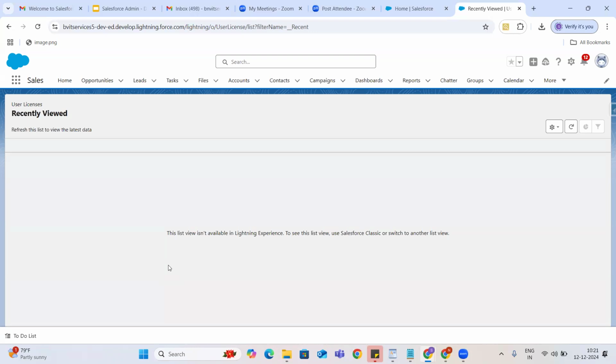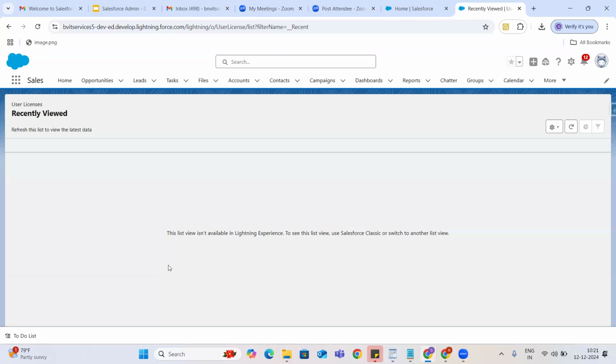The only difference between Classic and Lightning is that Lightning has a more user-friendly UI, but there are still some functionalities that you can access only in Classic. So don't get confused. Salesforce Classic and Salesforce Lightning are both related to the UI only. The only difference is look and feel. Functionalities are the same.